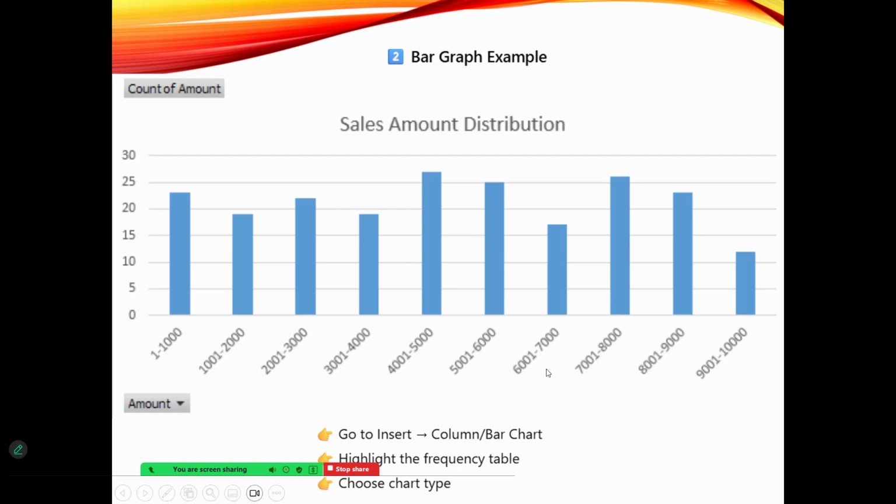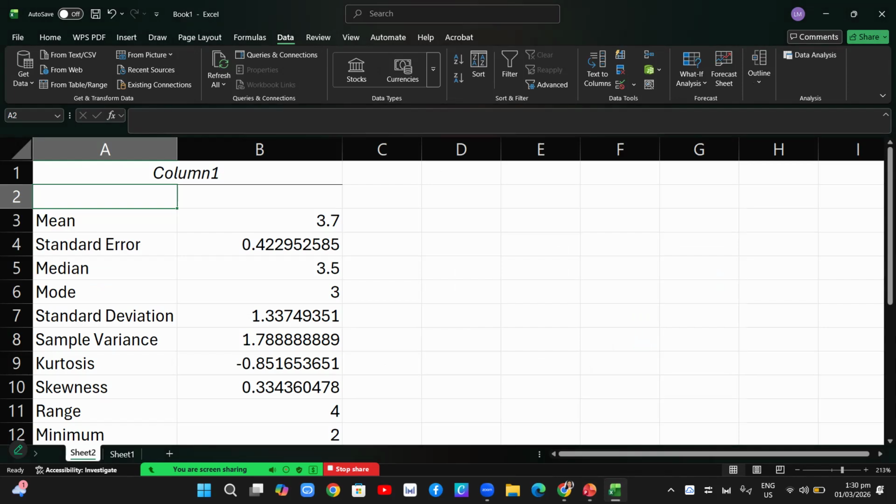If you want to use Excel again, the process is to go to insert, column bar chart, highlight the frequency table, and choose the chart type. For our example a while ago, let's see.